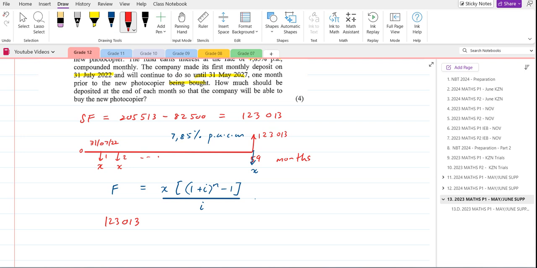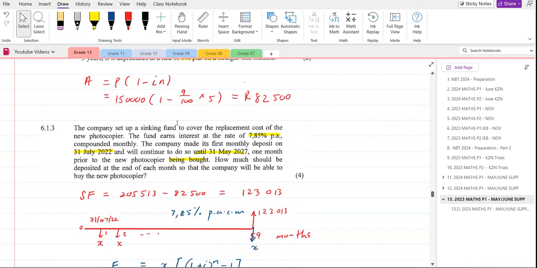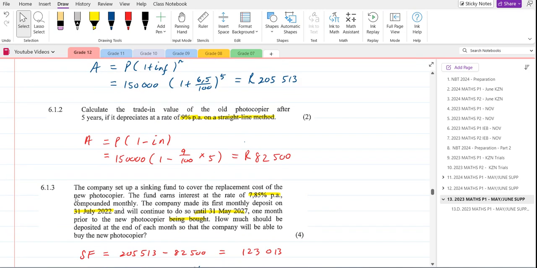123,013. But we have a problem here guys, because the future value needs to be at a certain number of years. The future value, let's see where they are trading this in. The company sets up a sinking fund to cover the replacement cost of the new photocopier. The fund earns interest at the